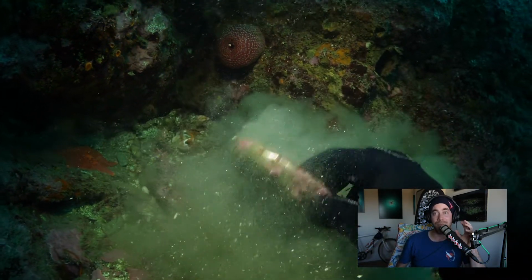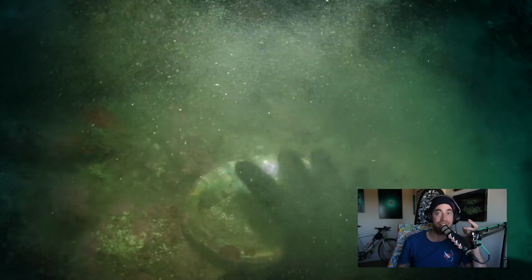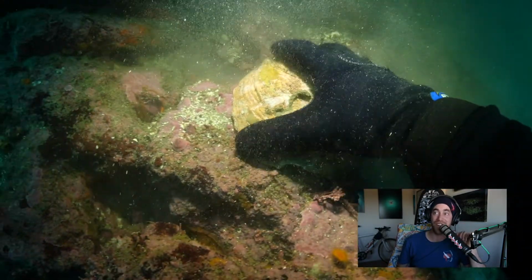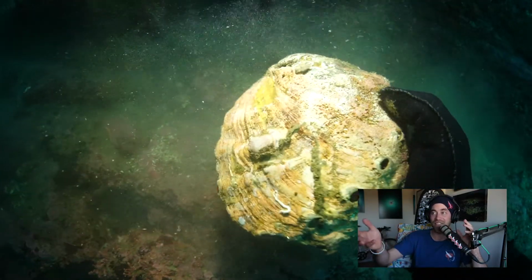There are actually the same number of abalone with otters and without sea otters. It's just the behavior and availability of them that changes. So there's still plenty of abalone when there's otters around. It's just the big ones that are out in the open that get eaten. So in this case, you can see here,